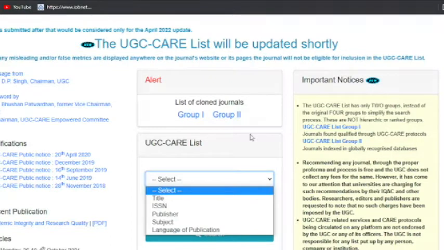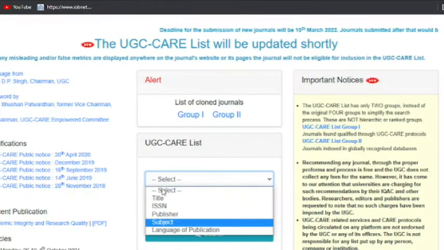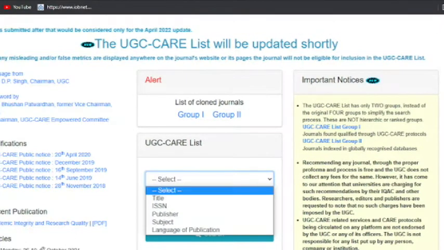Here, if you click on the select option, we can search the journals using the title, ISSN number, publisher, subject, or language of publication. Here I am using the subject for the search because I am not aware of any journal in this particular subject.